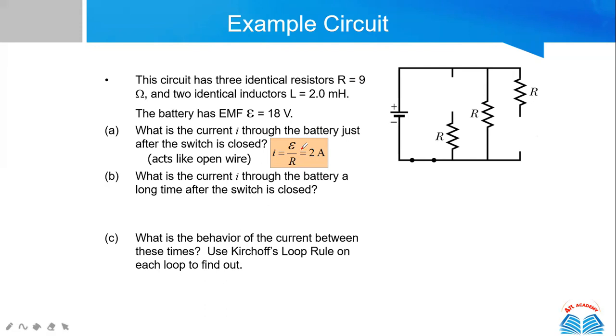Now, what is the current through the battery a long time after the switch is closed? Just after was that condition, and a long time after they will be short circuited. These are some concepts from electronics. You can study them in electronics too. I'm just telling briefly. These are some tricks; if you follow them, you can solve the questions. So it will be 3 epsilon over R, because there are three resistors you can see here, and all three are in parallel. So R by 3 will be there.